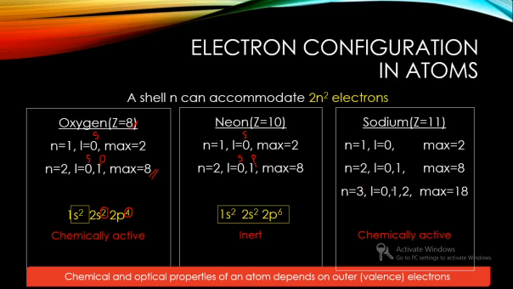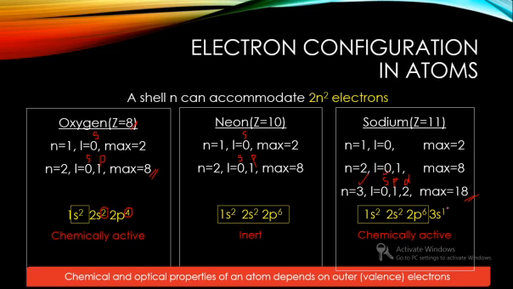There are 3 subshells possible: s, p, and d. And what will be the maximum? 2 into 3 square, that is 2 into 9, which is 18 electrons, can be accommodated in the third orbit. And how would we do it? The 10 electrons have been mentioned as 1s2, 2s2, 2p6, and the remaining 1 electron will be given to the next highest,